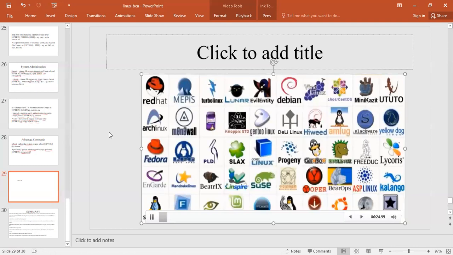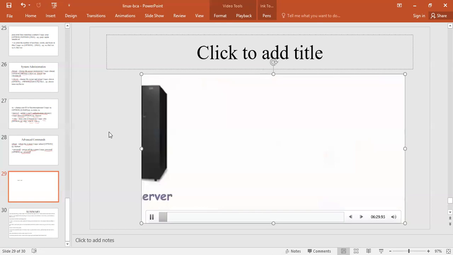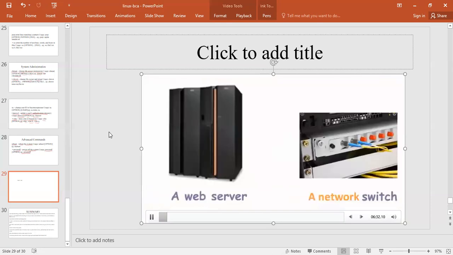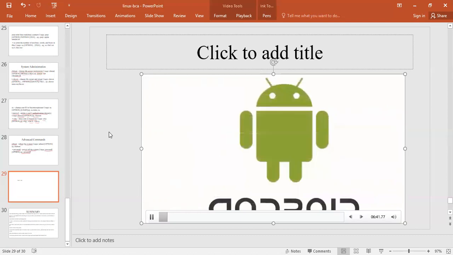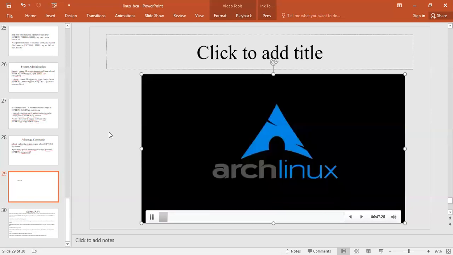Many of them are designed with a specific purpose in mind. For example, to run a web server or to run network switches like routers or modems. The latest example of one of the most popular smartphone-based Linux distribution is Android. So let us learn about some popular Linux distros. Starting with Arch Linux, this Linux distro is popular amongst developers. It is an independently developed system. It is designed for users who go for a do-it-yourself approach.